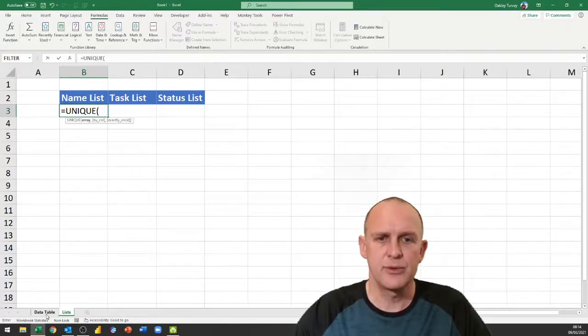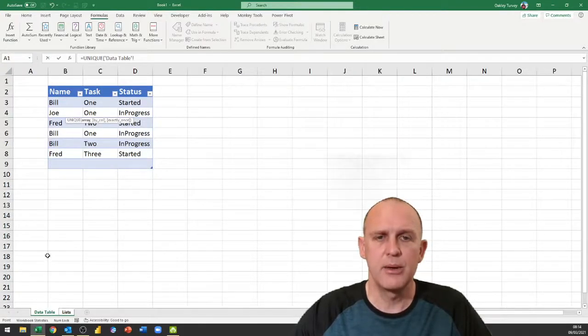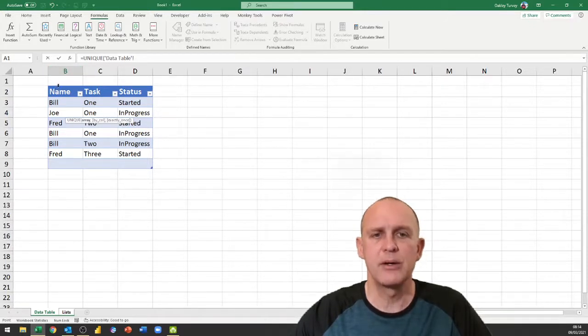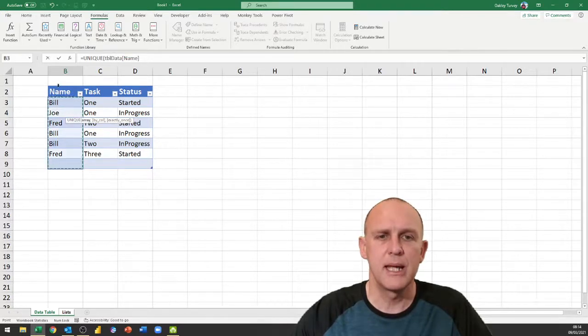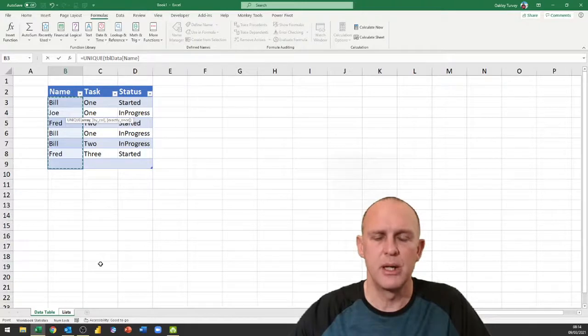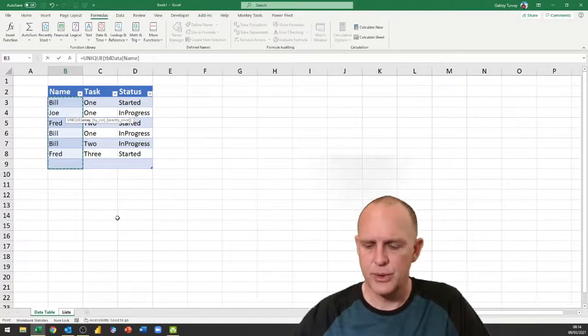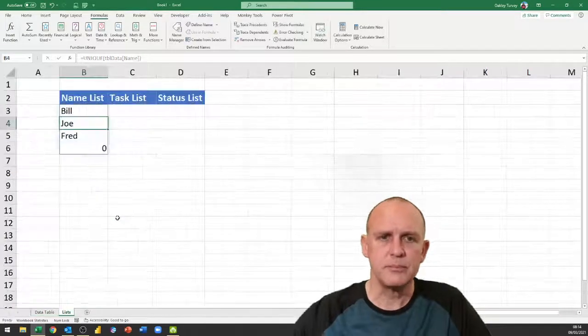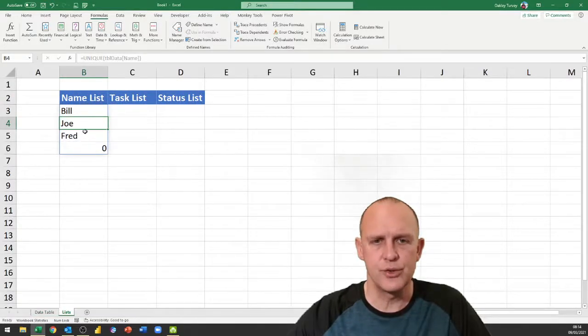I'm going to go back to my table, and now if you watch here, if I hover over the B, it will select everything in column B. But if I bring my mouse down and hover over where I've got the name, can you see I get another black arrow? So if I click there, it now selects just the things that are in the table, and that's obviously what I want, just in case I had another table of data or some other data lower down. So that's what I want, and I press enter,